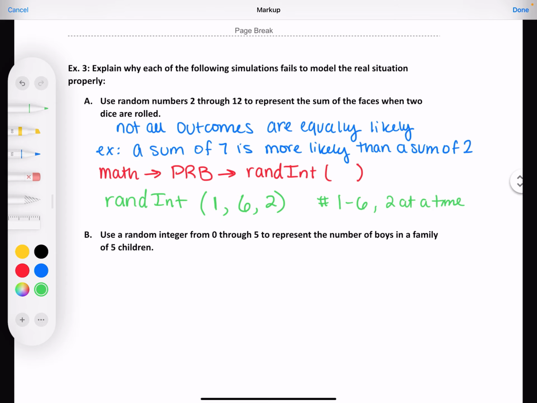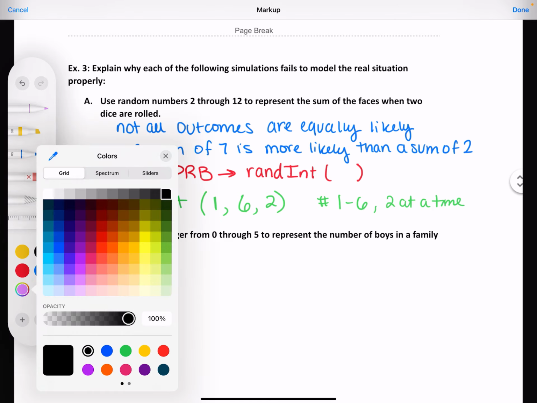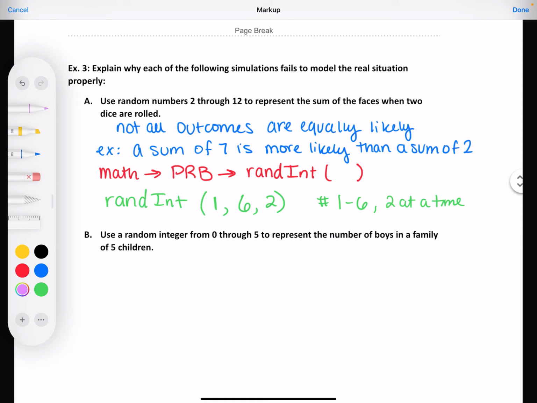Okay, so when I ran this, I got 1 and 5. And it'll look like this when it comes out and gives you that. So that would mean that my first sum was 6. Okay, one dice had a 1, one had a 5, so the total was 6. If I hit it again, I can run it again. The next time I got 1 and a 3. I just ran it one more time and I got a 2 and a 6, okay?